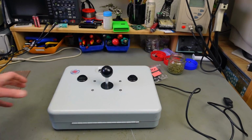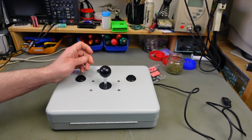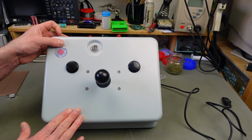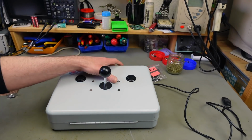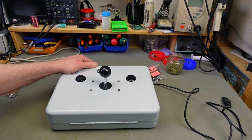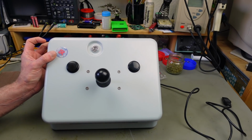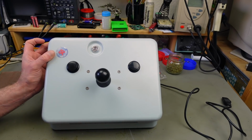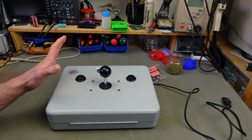My joystick, I made out of some cheap knockoff arcade parts I got from Amazon. And this is actually a keybox, not a cash box, as I falsely advertised. I didn't realize it, but some eagle-eyed viewers instantly pointed that out to me, so I apologize for that. Oopsie. It's technically the same as a cash box, I guess. It's made of steel. We are going to have to drill some holes in this. But first of all, let's build the